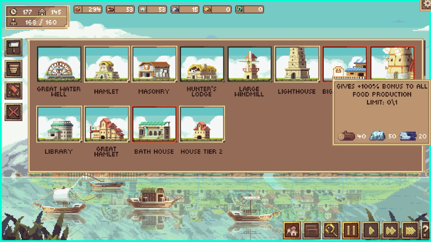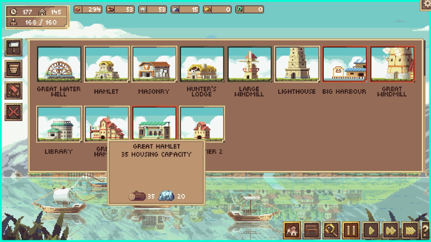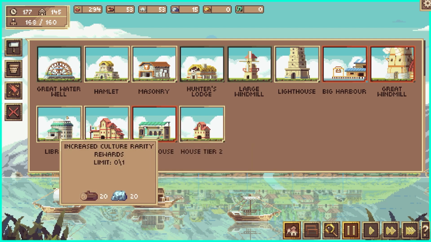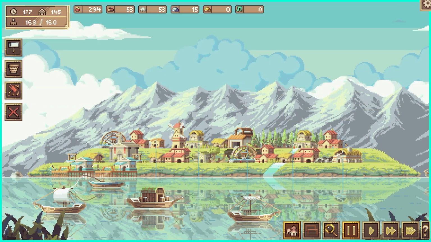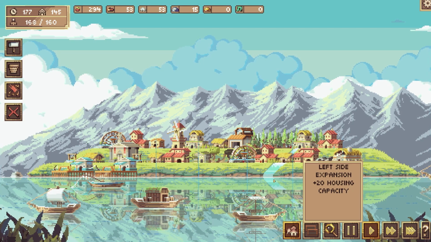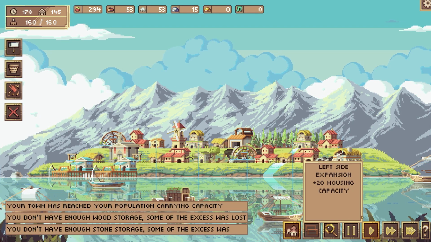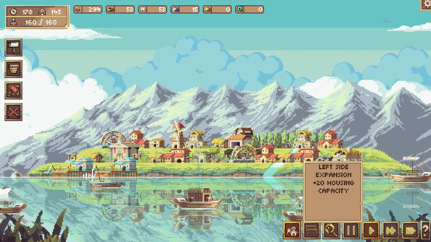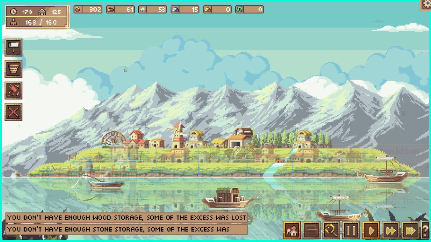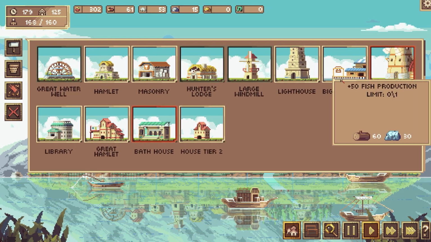This great windmill is great, but we don't have enough metal for it. The great hamlet is nice. Is that actually the best thing for us right now? I also like the idea of culture rewards. Yeah, okay. Let's leave things as they are at the moment. Although, tell a lie, what we should do, we should demolish you, and we should build...